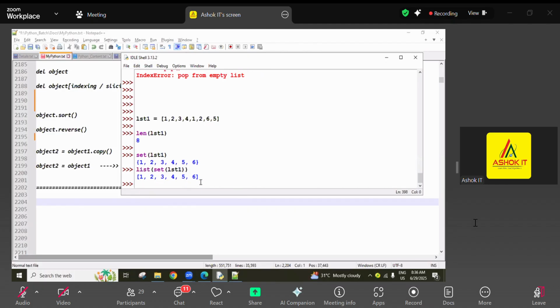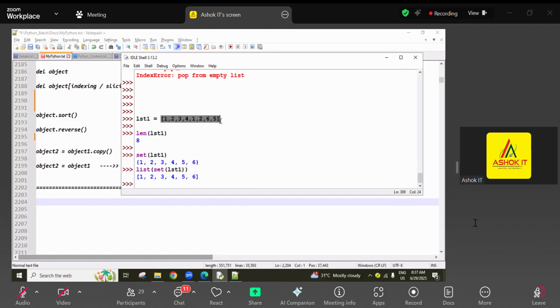Then you get a list of unique values. This is the concept of how to remove the duplicate values from the given list. So that's why the interviewer asks directly how to remove the duplicate values from the given list